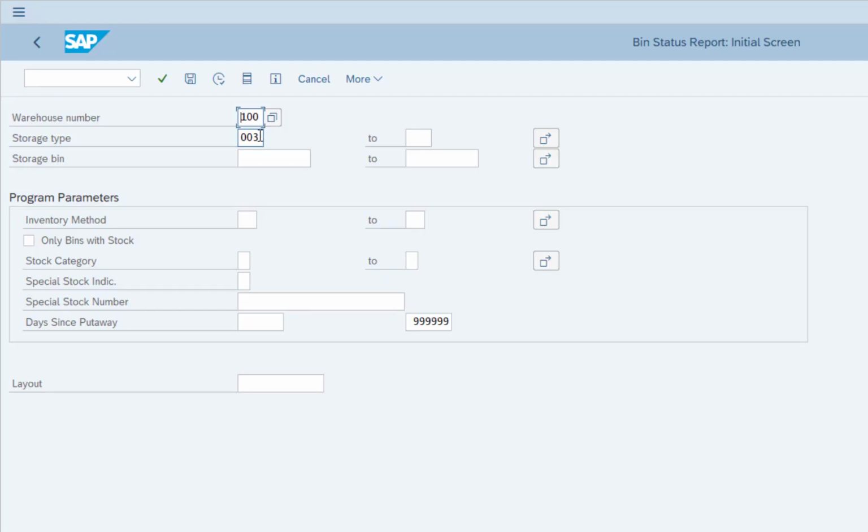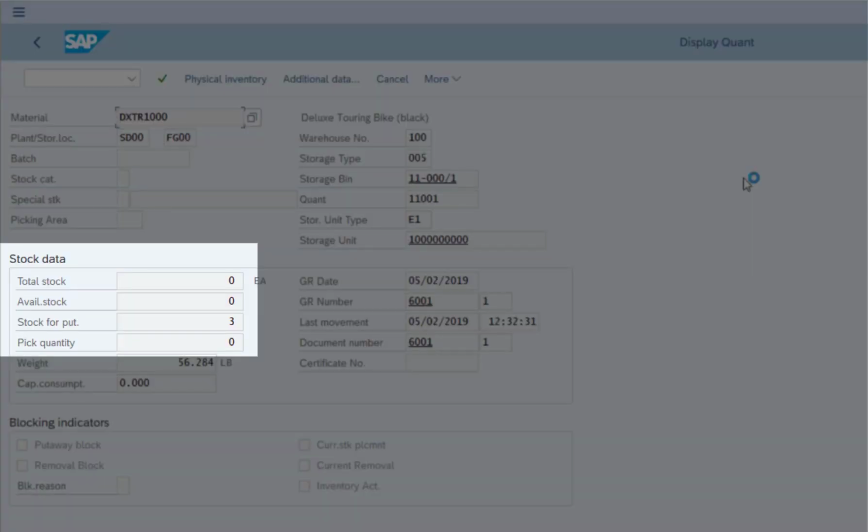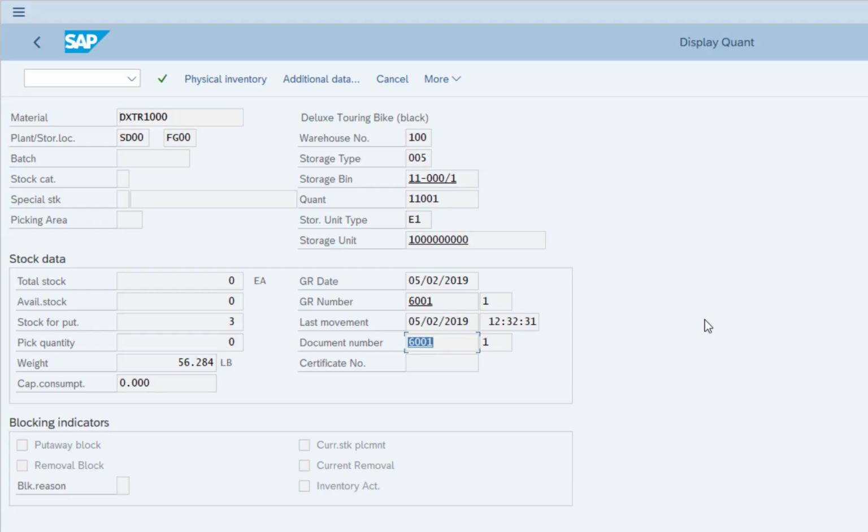If we return to our LX03 and change our storage type to 5, we'll see the same list of bikes. And in this case, they're all going to bin 11 dash your 3 digits /1. This is a setup area, getting them ready to be palletized. And if I look at the quantity in this particular area, I don't have any total stock, but I do have 3 that are waiting to be put away. And that's based upon the same document number, in my case, 6001. This is a transfer order that has been started that's moving these items from WE Zone to my setup storage